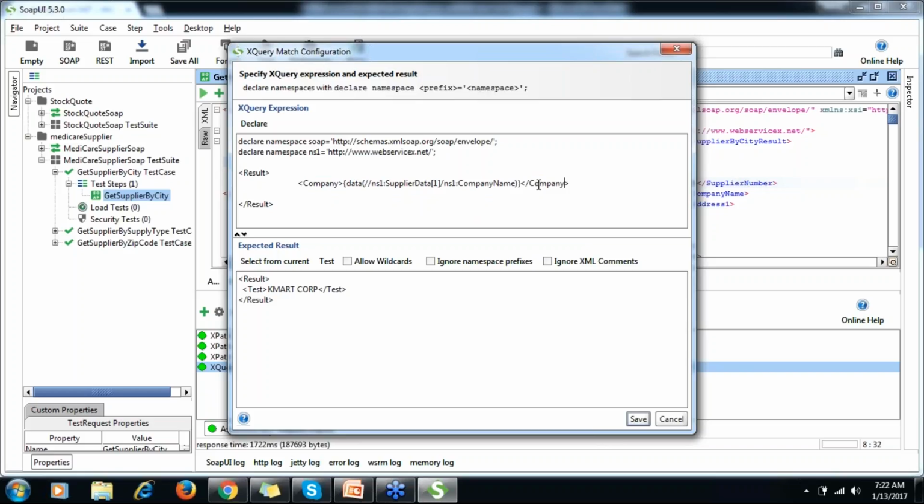This is how you write XQuery, and we give some tag name to display results from the response. I hope till now it is clear, team.